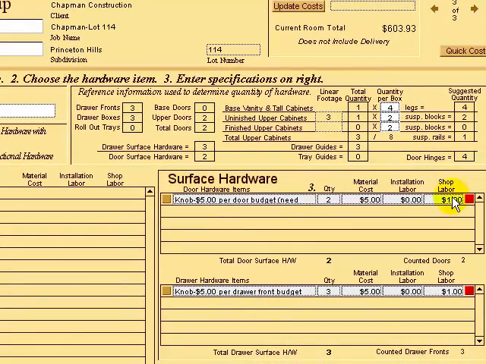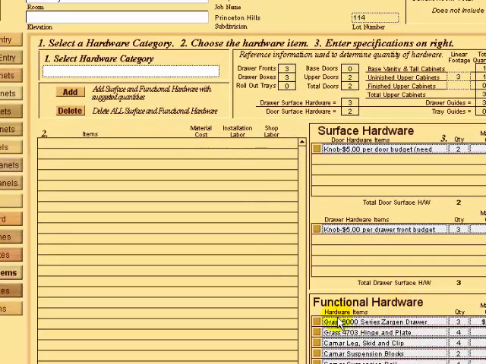But because they're knobs, we've included our dollar per door or drawer for labor to drill the hole and install the knob, and then we've included a $5 budget per door and drawer for the hardware itself. And then down here we see that we've added the drawer guides. There's 3 drawers, so we've got 3 drawer guides, and here we've just added a generic Zargan drawer,